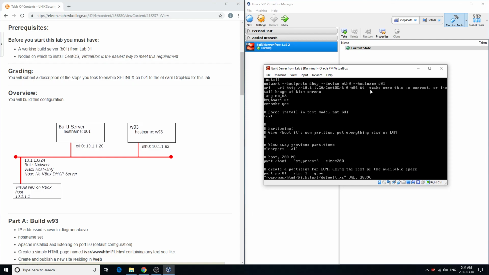The only thing that we have to edit in this file is the second line here that starts with network. Where it says boot proto, we're going to change DHCP to static. Go ahead and leave device as eth0. The host name is going to be W93, and then we're going to put in an IP option, so --ip